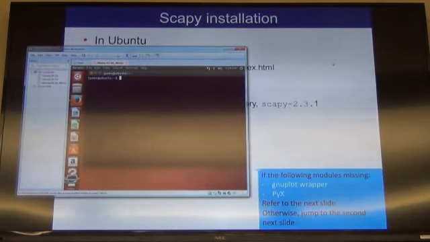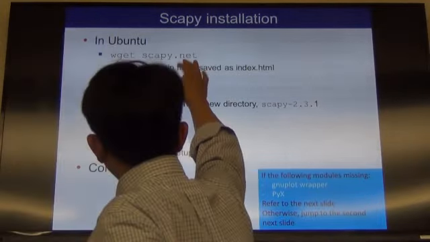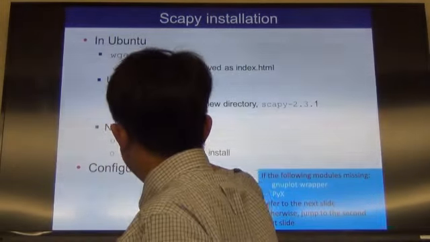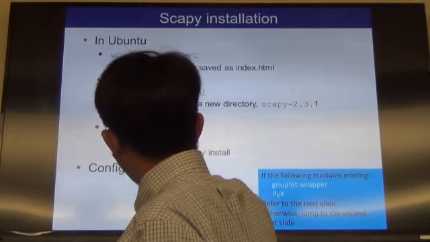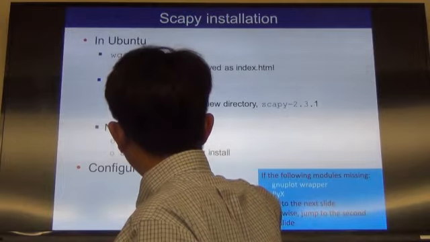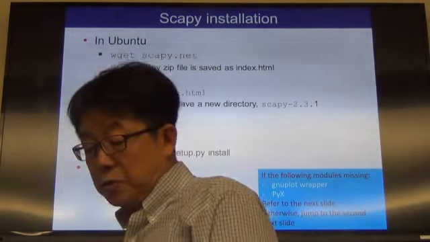There are two ways of installation. For Scapy installation, you can wget it from scapy.net, unzip it, and install it within Python: sudo python setup.py install.